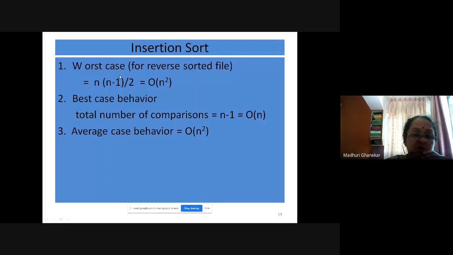Whatever you want to achieve, exactly the reverse has been given to you as input. So this is a reverse sorted file. This is treated as worst case because every element is to be shifted and every element is to be compared. Okay, so there are 2 loops, like you can see here. There are 2 loops.